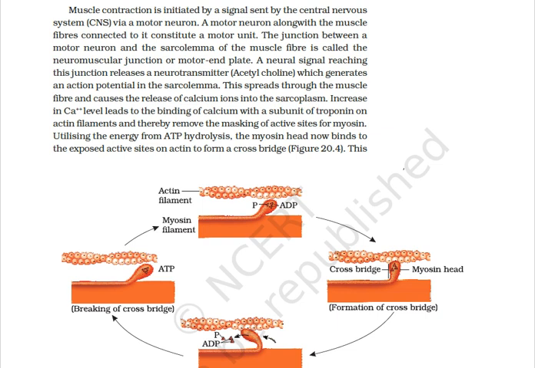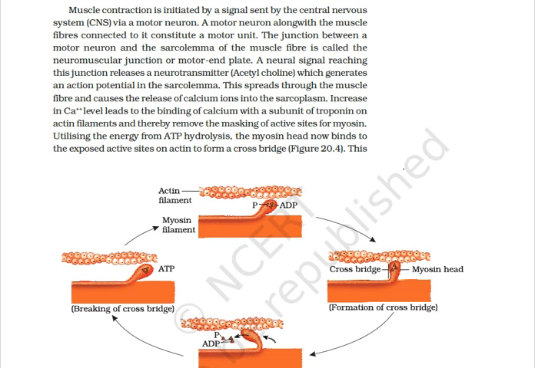When the action potential or impulse comes to the muscle through the motor end plate junction, it spreads throughout the sarcolemma of the myofiber. In each myofiber, the impulse is received by the T tubules. In response, the L tubules release a large number of calcium ions into the sarcoplasm. These calcium ions combine with troponin C molecule.